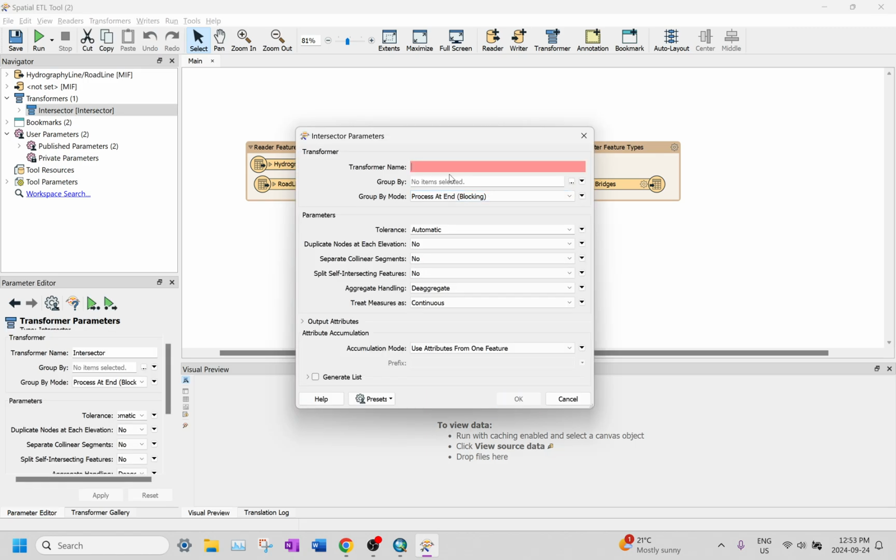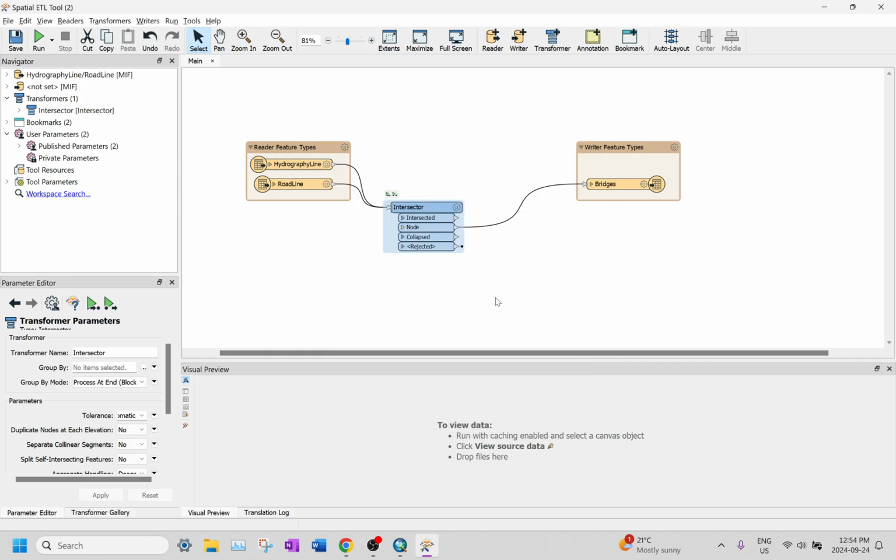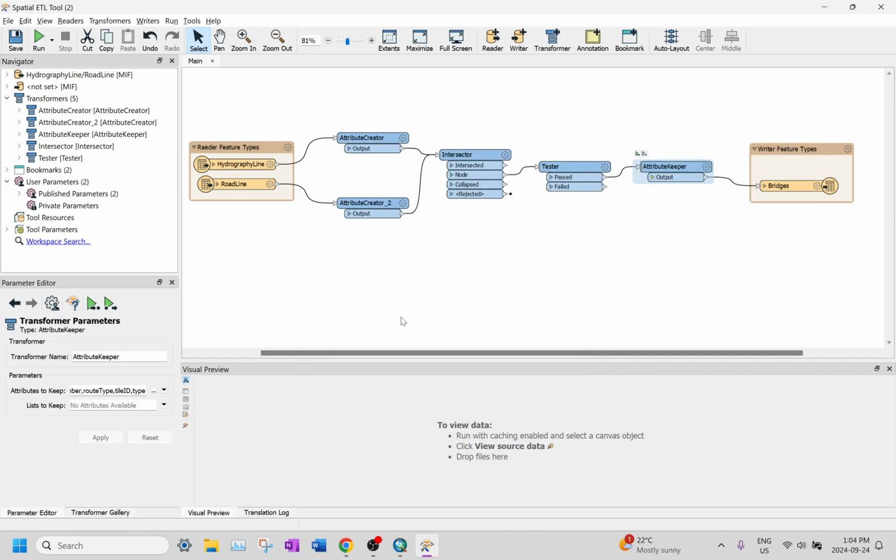Double click this transformer, accumulate mode, merge attributes. The whole logic of this process is already finished building, but I can just tell you that's the river, that's the road, and the attribute creator